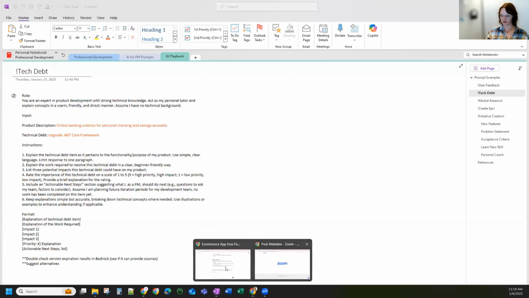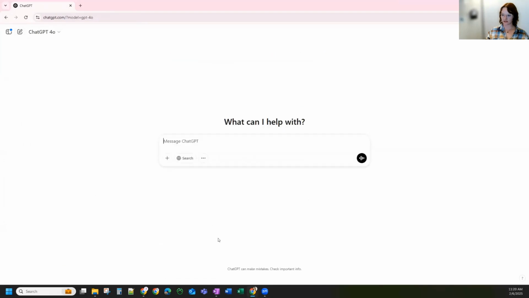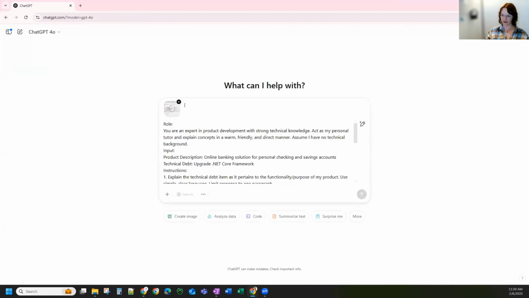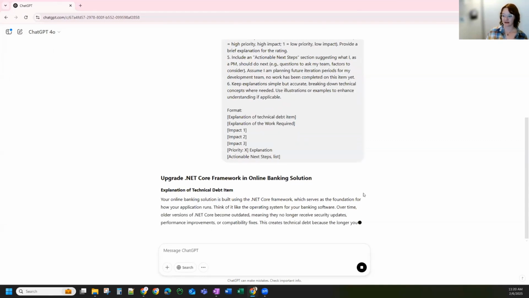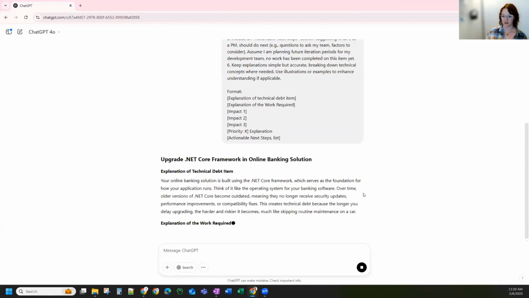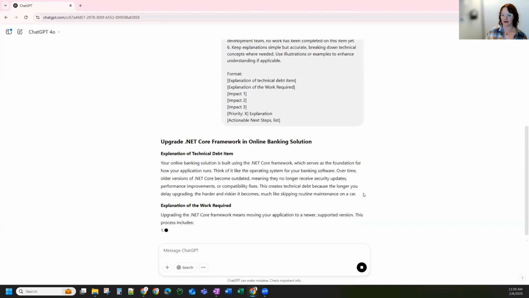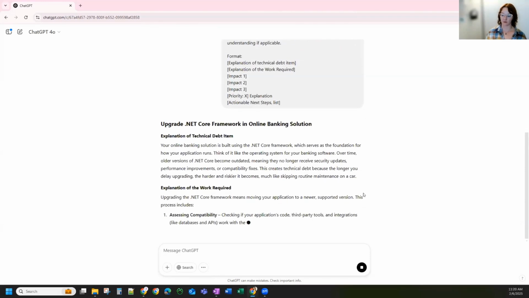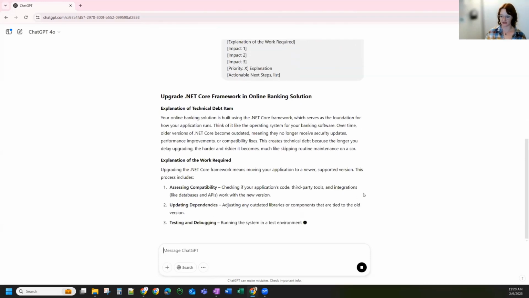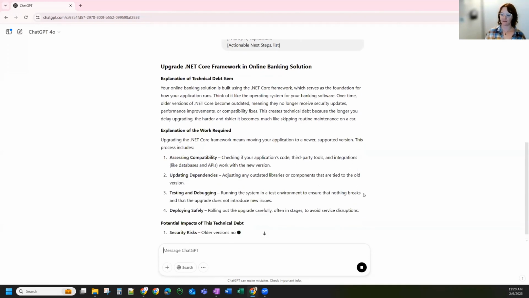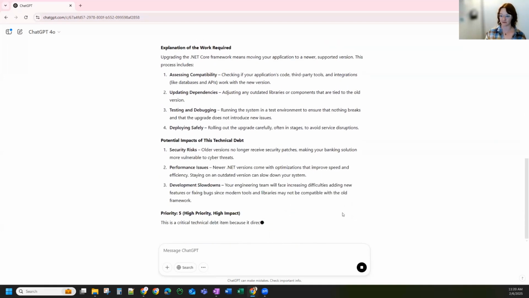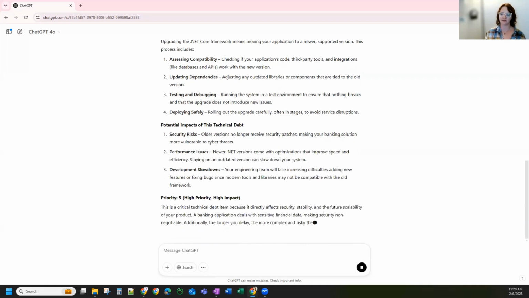come to our text, start a new conversation. Paste in the technical debt item. What it does is it provides a summary of the technical debt issue that you have in your backlog, an explanation of the work that is required to resolve this technical debt item. And then from there, it tells you the potential impacts, so risks or concerns you may run into in your product if you do not resolve this tech debt item,